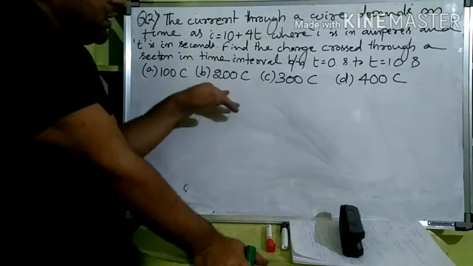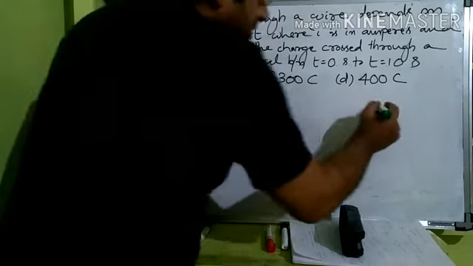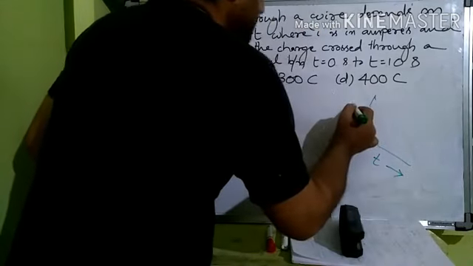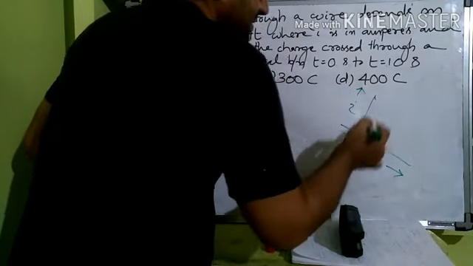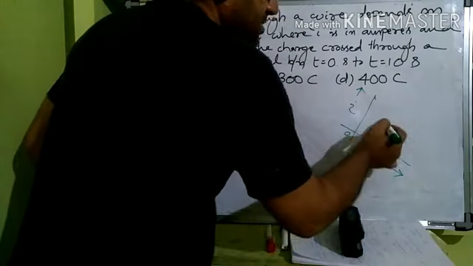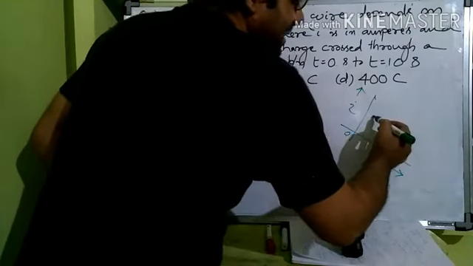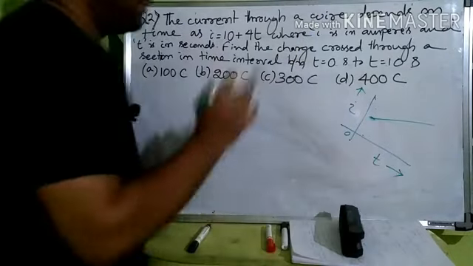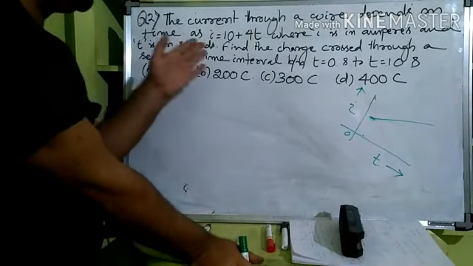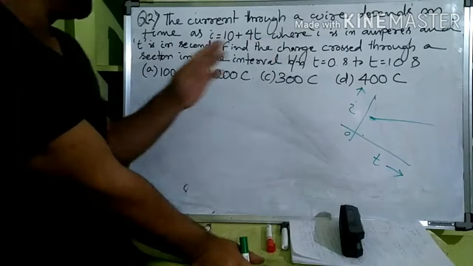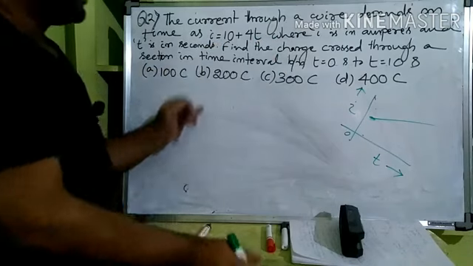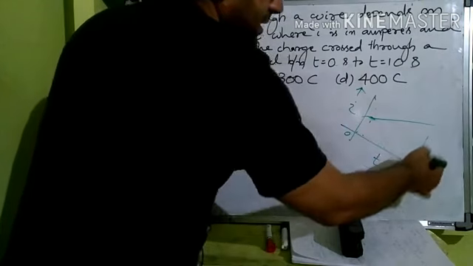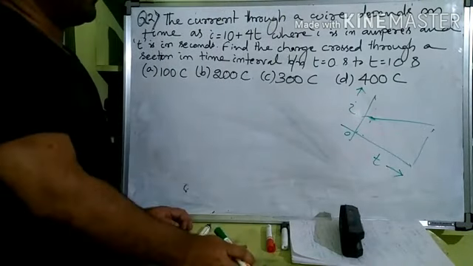Now if at a particular time, if we take time along the x-axis and the current along the y-axis, then at what time what is the current. So taking that, there can be some graph, right? In a question that graph will be given, and seeing that, the same question may be asked: find the charge crossed through a section in time interval t is equal to 0 to t is equal to 10. That type of question may be asked.